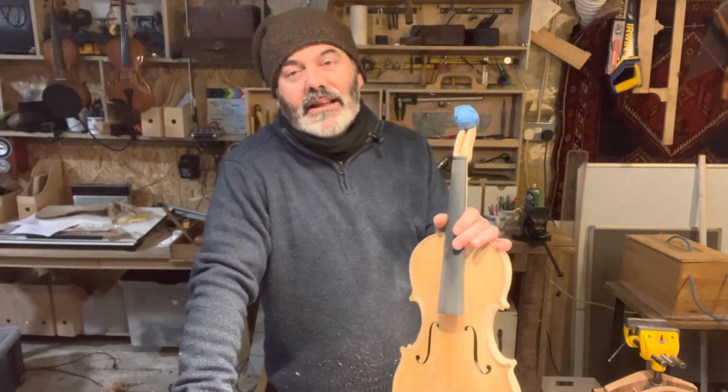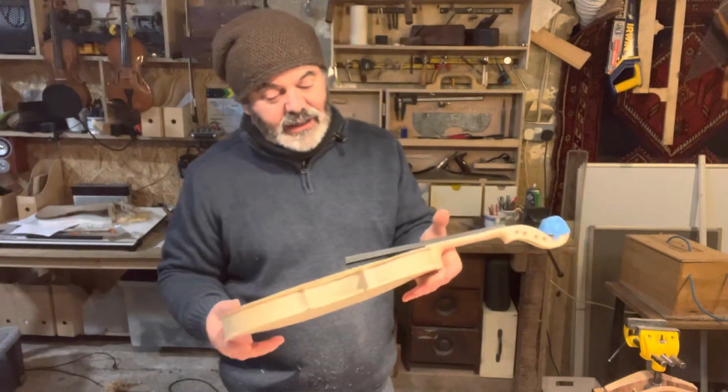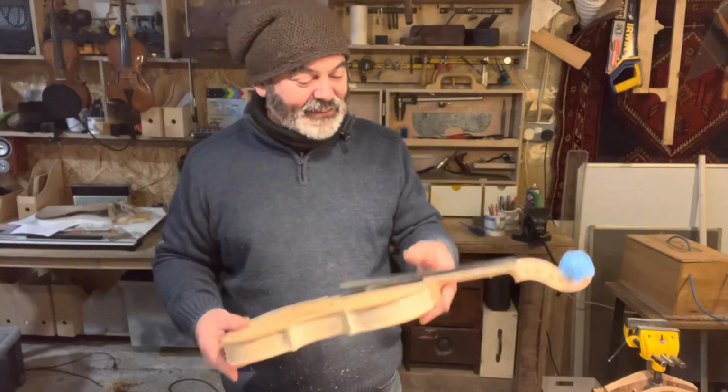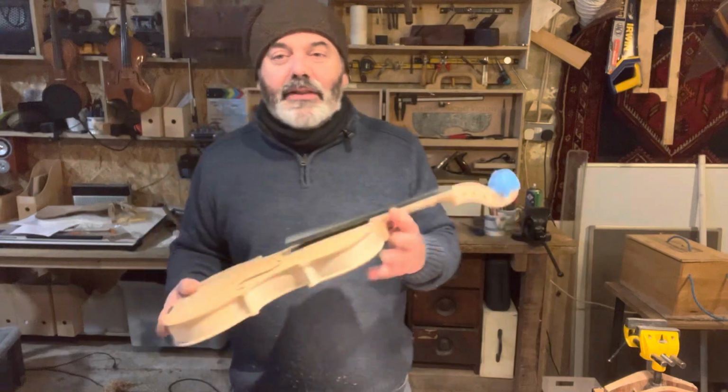I'm working on the lightweight violins that I've been talking about. This is the second one of them, and I have to say, it is freakishly light. It feels so light in the hand. It's ridiculous. Anyway, at the moment on this one,